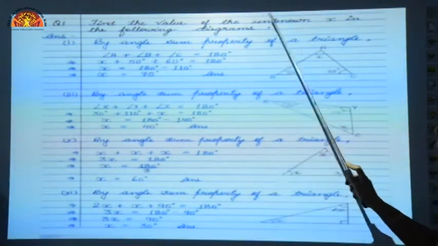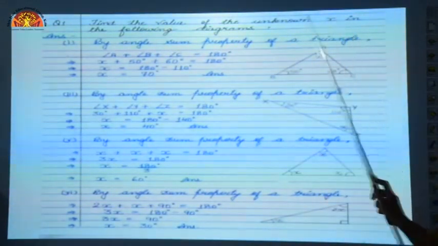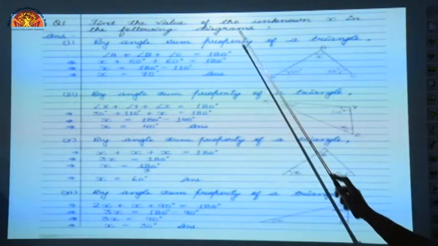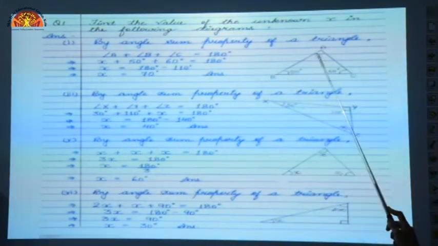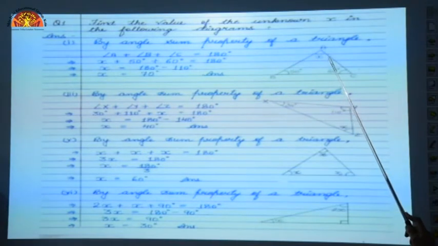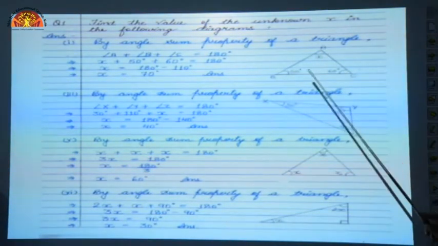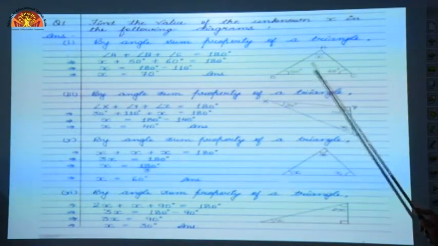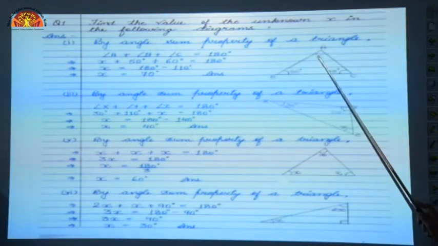Find the value of the unknown x in the following diagrams. You have to find the value of the unknown angle x. Just see the figure over here. The measures of the two angles are 50 degree and 60 degree, and you have to find the measure of